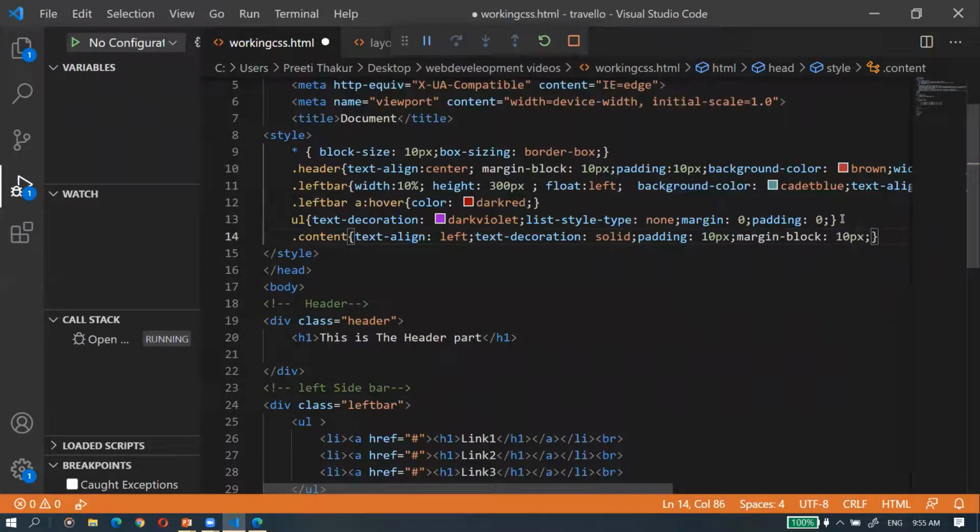Okay, so I have set this alignment as this, text decoration is solid, padding is 10px, margin block, and also